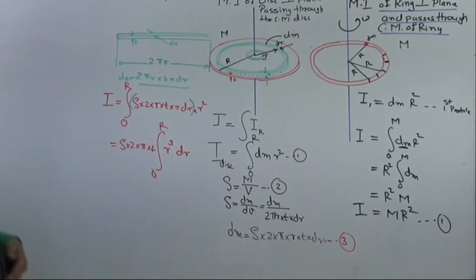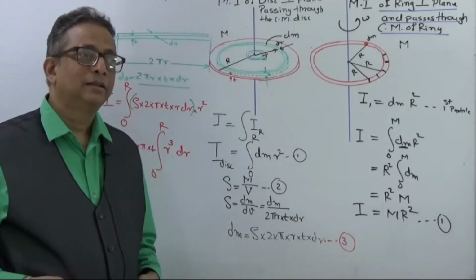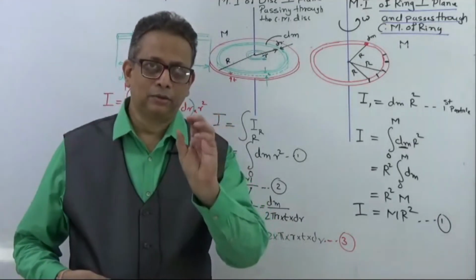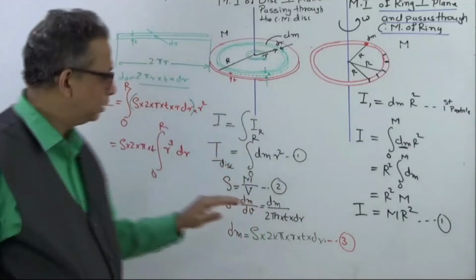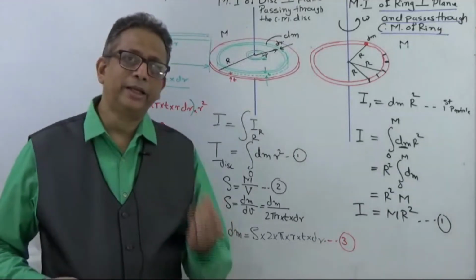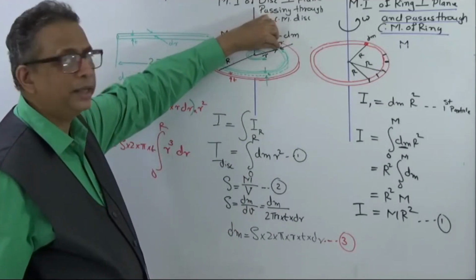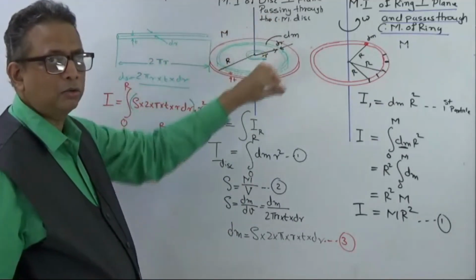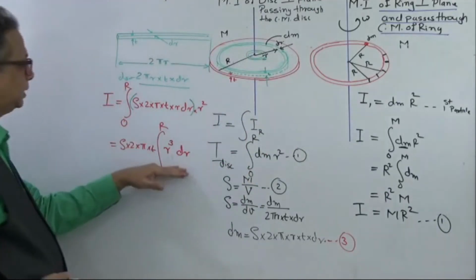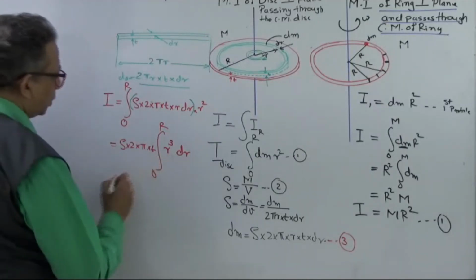As I have said, for integration we should have the equation in the format r dr, x dx, theta d theta, sin theta into d theta, so that d theta or dr should be over there, that is the smallest distance or the smallest angle we normally take while doing the integration. So we have taken a very small width dr to cut a ring out of this disk, that is why that dr has come. Okay, so once it is in this particular form, the next job is to find the integration of this.